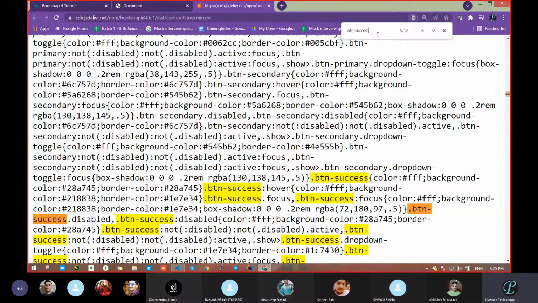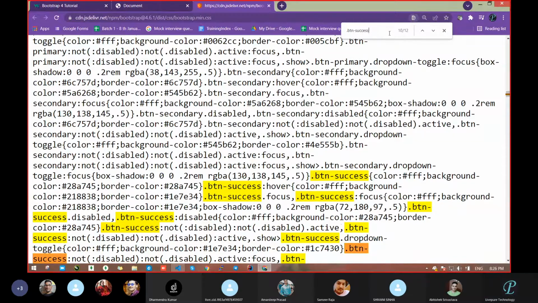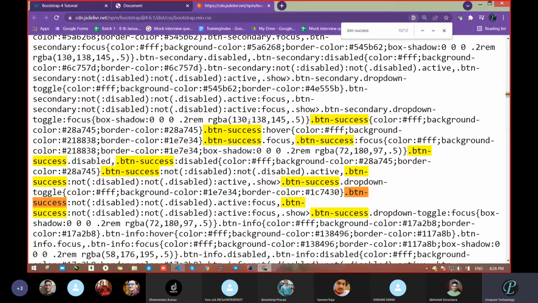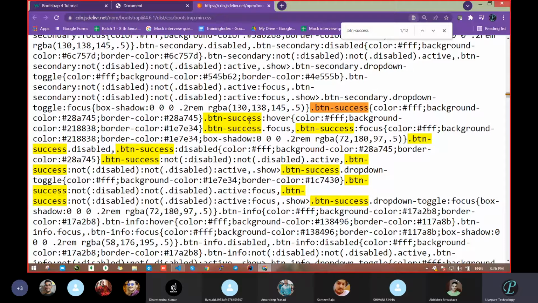Now you came to the fourth. Getting this one? See, the color is changing. Okay, this is the way of searching anything. Now you are at the seventh one. Okay, see, got this? So this way we can search. Now see, you are on the first position. See that line of code also, and increase this. One second.